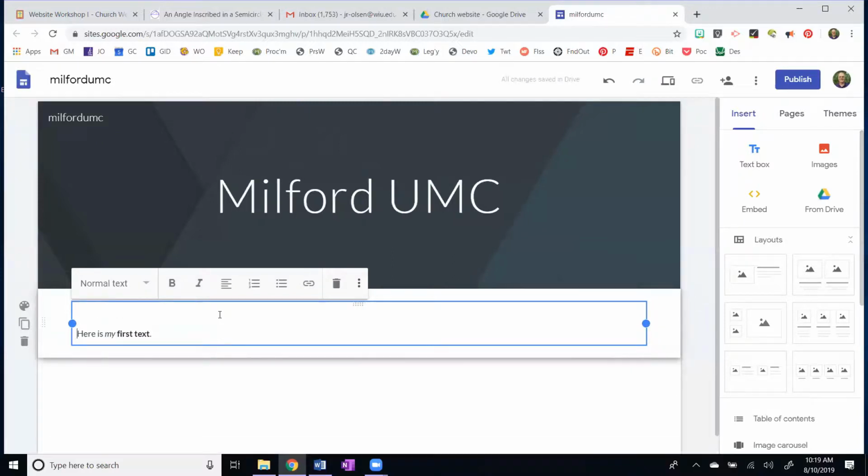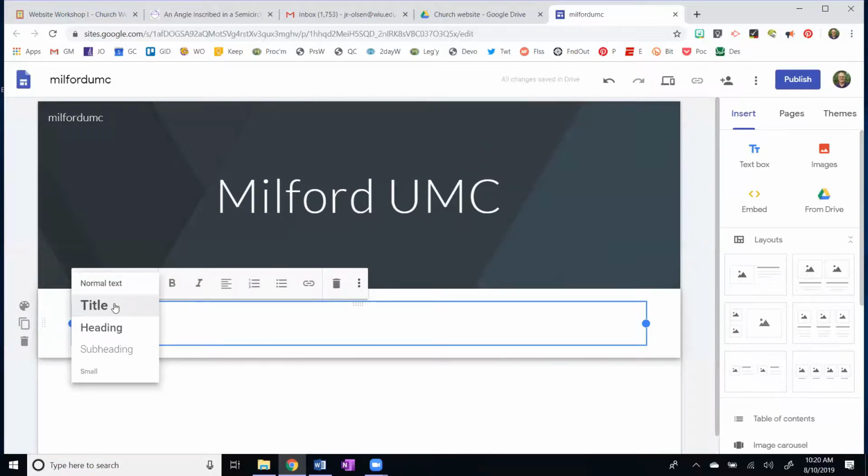So this is maybe welcome, okay? And I'm going to highlight that. And you see here that this is normal text. If I hit this drop down, I have titles, headings, subheadings, and small. This is the way Google Sites does it, okay? Actually, the kind of correct way to do it is heading 1, heading 2, heading 3, heading 4, okay?